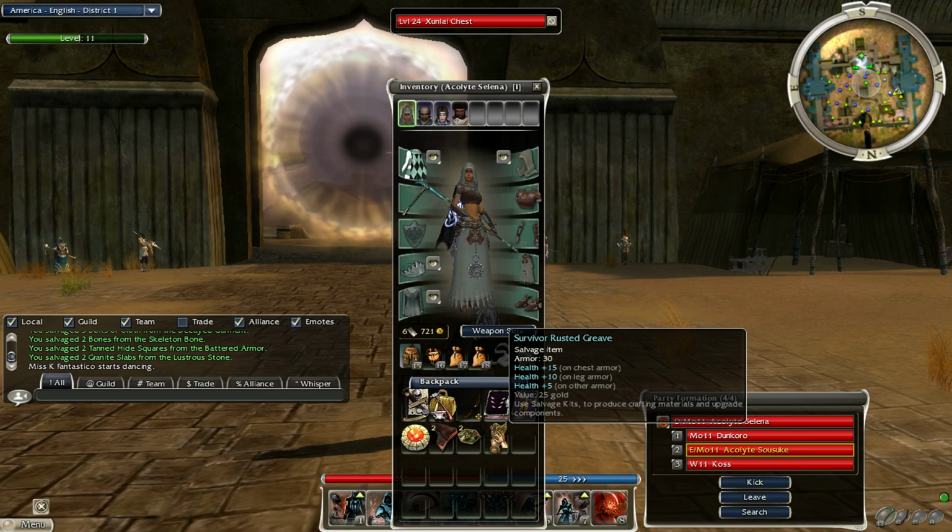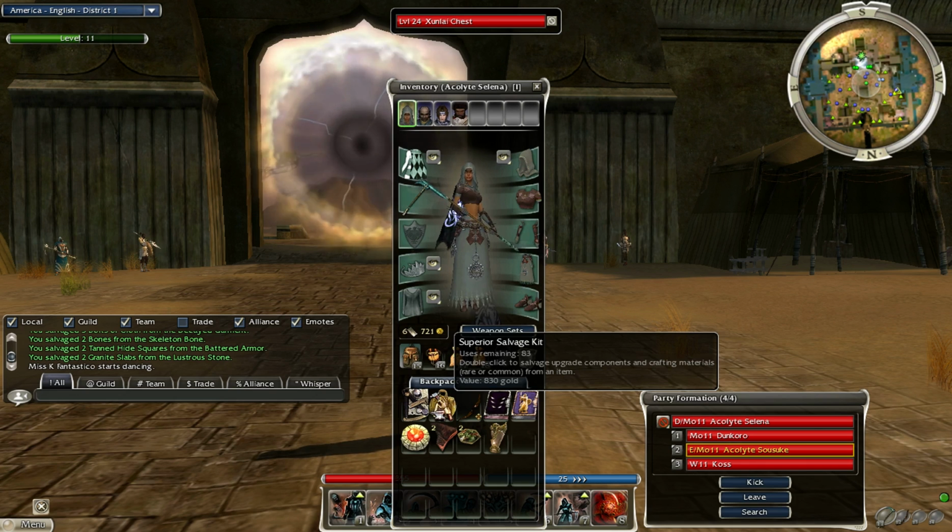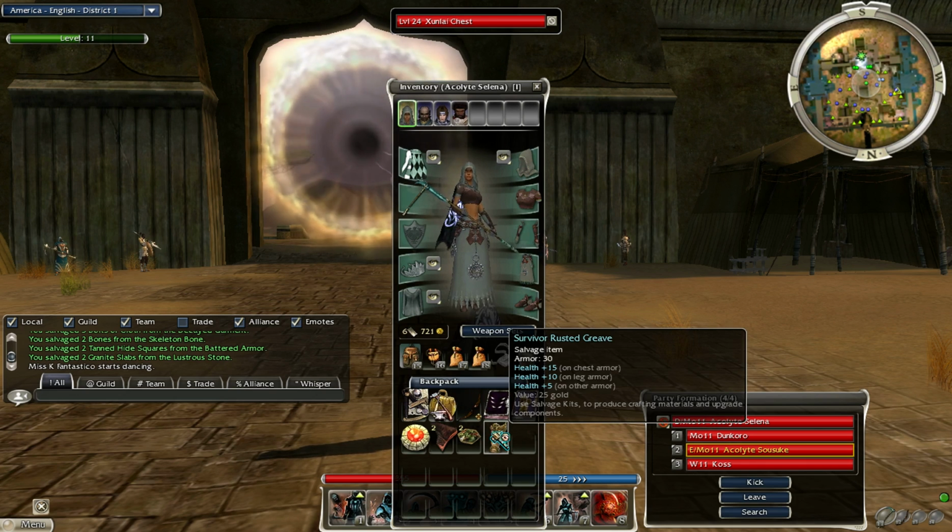One of the things that I picked up was this rusted greaves. If you remember, I think I picked that up when we were doing Island of the Dead. Well, it has a survivor rune on it. Those survivor runes can be very, very expensive. Now, you can get that survivor rune for free. All you need to do is just use your salvage kit, and sometimes the item will be destroyed and sometimes it won't be. It depends. It's all random. But we're gonna